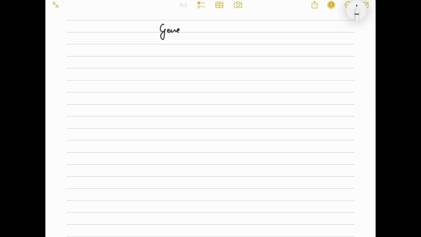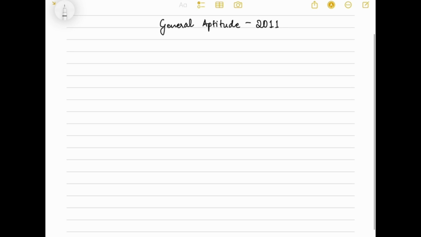Today we will continue with the questions of general aptitude for the 2011 GATE question paper. First and foremost, the questions included in general aptitude will be normal English questions, also some logic-based questions and reasoning questions. These were the questions from number 56 to 65, and question number 56 was: